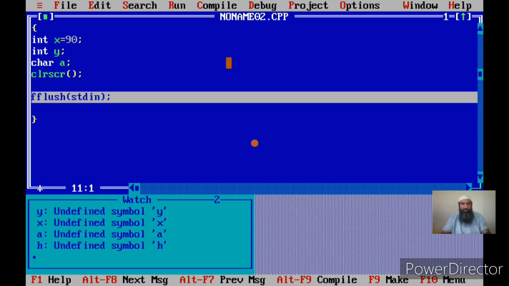So let me first input. Now my character variable, say a. How do you use it? a equal to getchar. We don't have to give a format specifier here, it is simply a function. getchar is a function that takes the input from the keyboard and stores it in a character variable that is given on the LHS of the assignment statement. So this is how we use it. a equal to getchar. What will getchar do? It will take an input from the keyboard, a single character, and then save it in a.